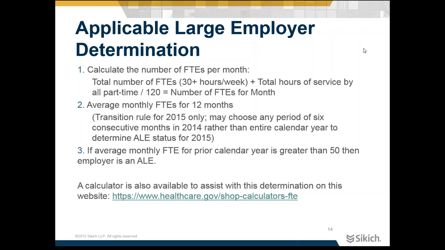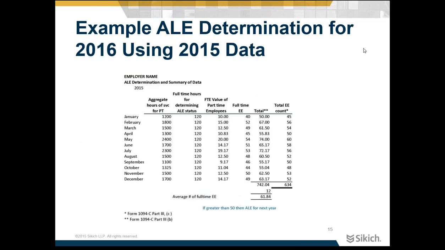We did give you a website link here too that you can type in this information. It'll help you do that calculation, or I gave you what I put into a quick spreadsheet here that illustrates what we just talked about, where for each month you're going to add up the total number of hours of service for your part-time employees, and then there's that 120 factor that you would divide into that. Then you come up with the FTE value of your part-time employees, you add that to your full-time, and the total column gives you that FTE number for the month, and I just averaged those up, and in my example I had 61.84, so that's greater than the 50 count,